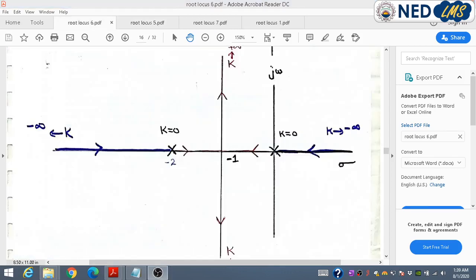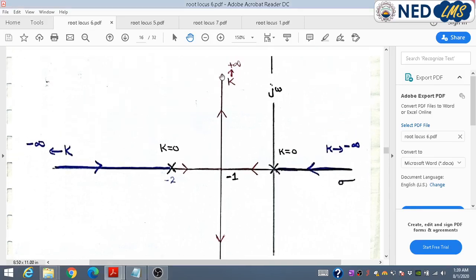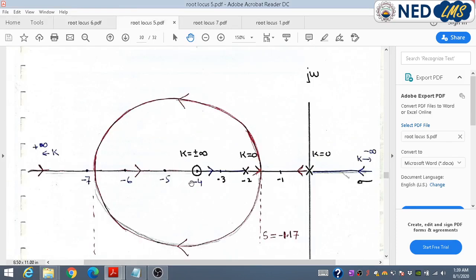Now let's compare the problems we did so far. In the first problem, we have just two poles, no zeros. We observed that the system is stable for the positive controller range, from 0 to positive infinity. When we inserted into this given system a zero in the left side of the S-plane, we observe that